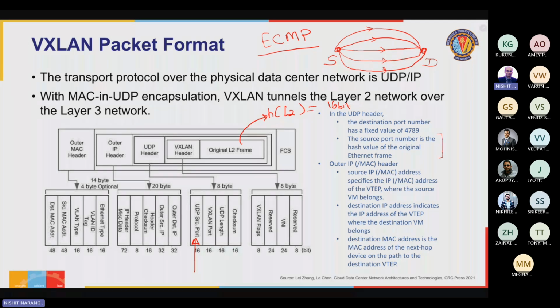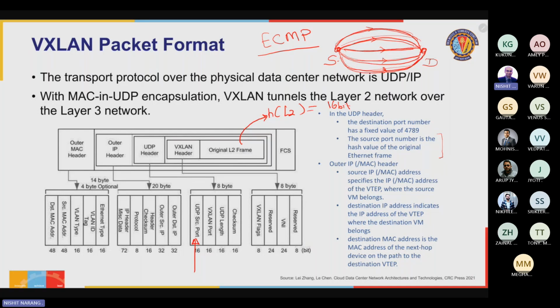So if there's traffic going from source S to destination D, it will use the UDP port numbers to distribute the traffic across multiple equal cost paths. So it's like looking at the source application and the destination application, looking at application level traffic flows. And for different applications, the traffic flow is distributed on different equal cost paths between S and D. Okay? Now,